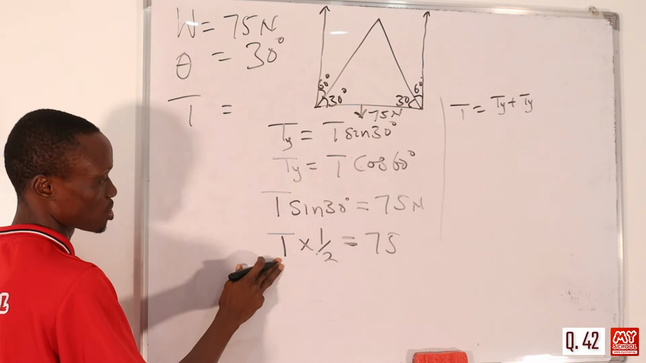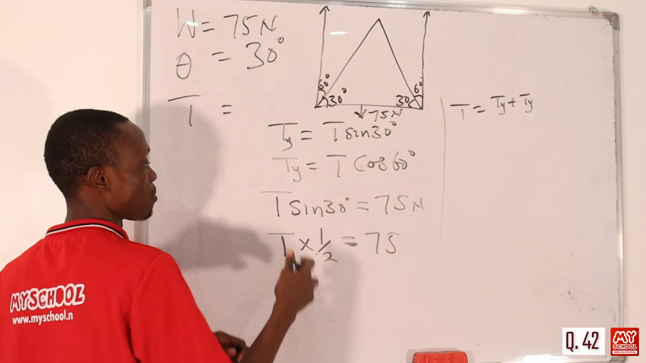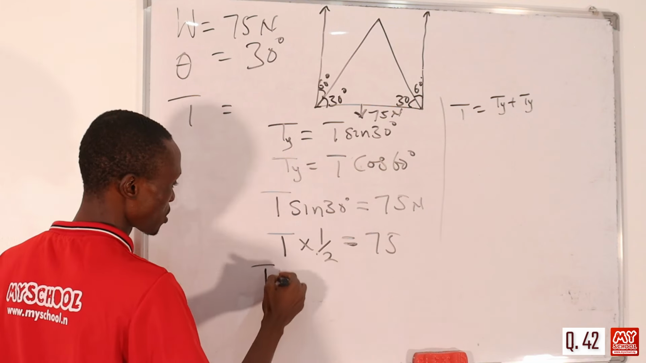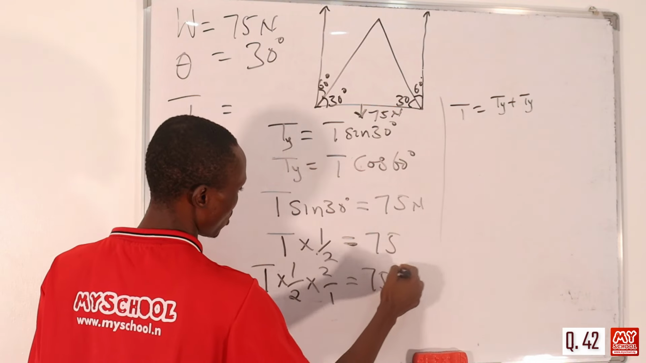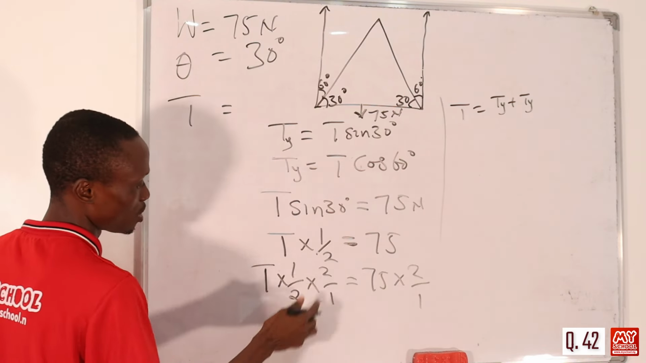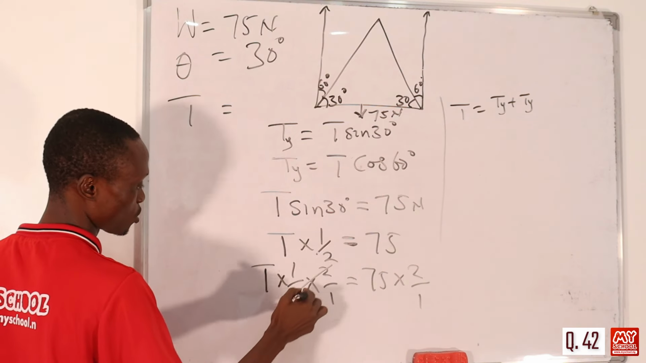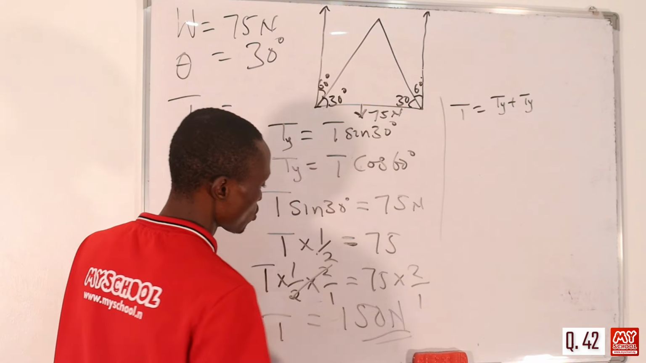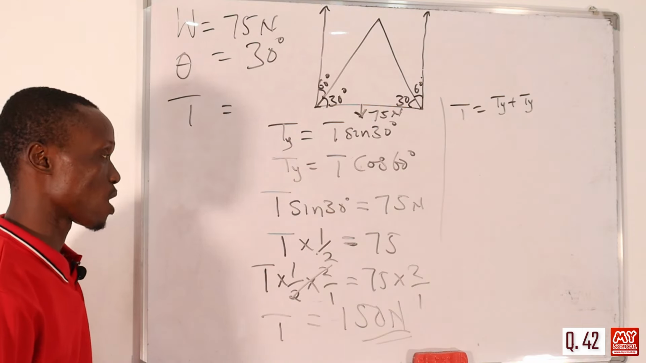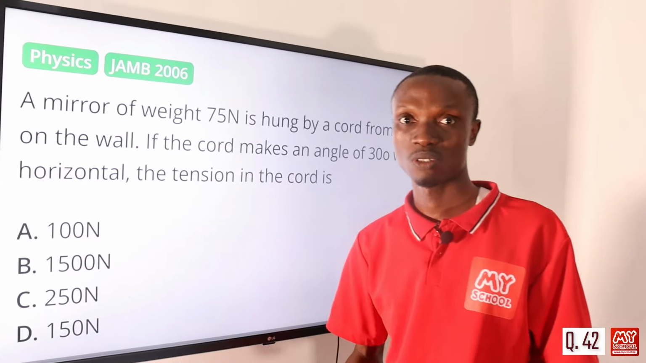Since we are looking for T, we just multiply both sides by 2 over 1. So T times 1 over 2 times 2 over 1 will be equal to 75 times 2 over 1. So this will cancel out: 1 over 2 will cancel out 2 over 1. So T is equal to 150 Newton. The tension in the cord is 150 Newton. So let's return to the screen to pick the correct answer to this question, and that is option D,